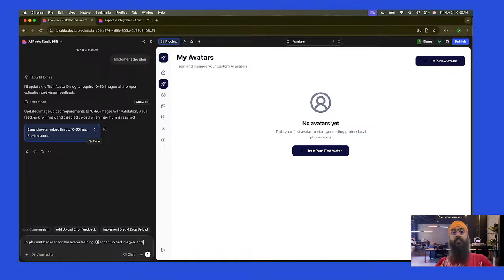Implement the backend for the avatar training. User can upload images. I bet we'll get the issue of IndexedDB where the images are not being stored properly, but that's fine. Implement the backend for the avatar training. User can upload images and those images are compressed into a zip file and then